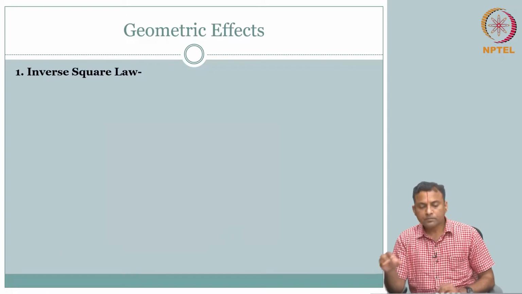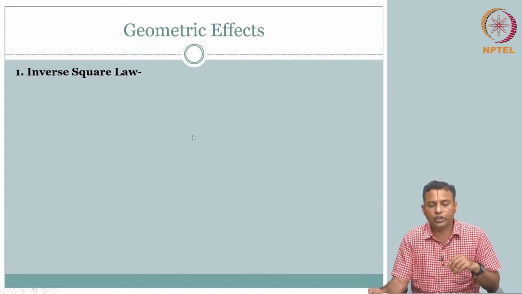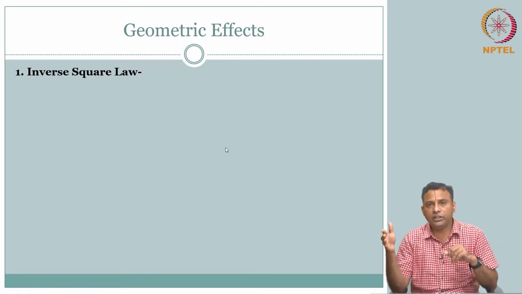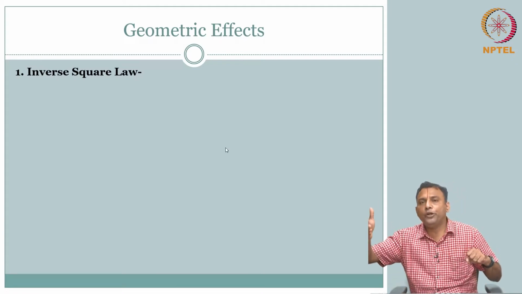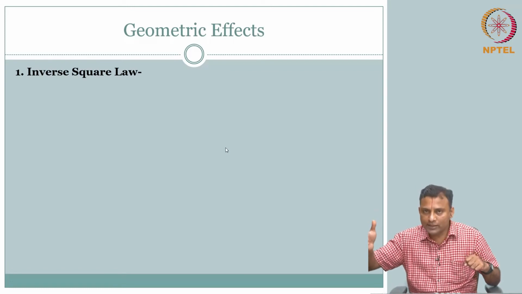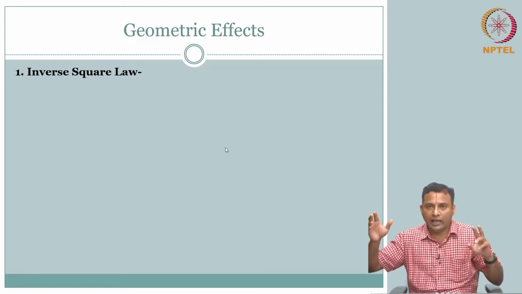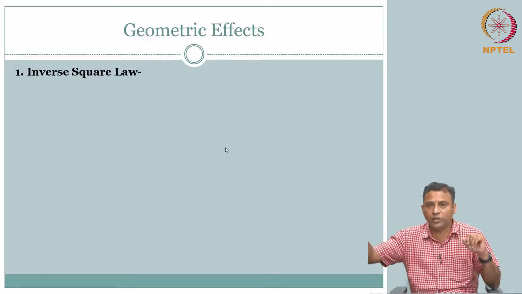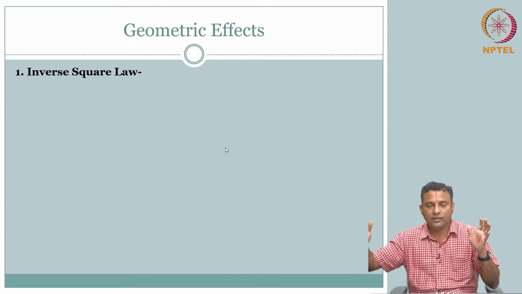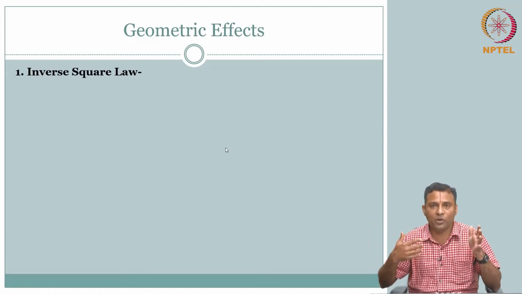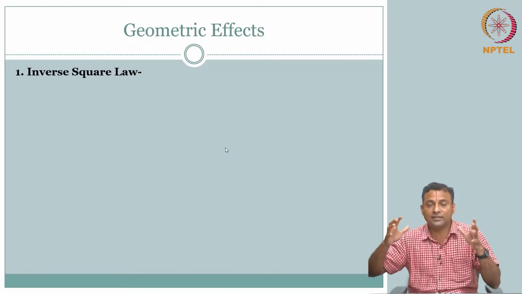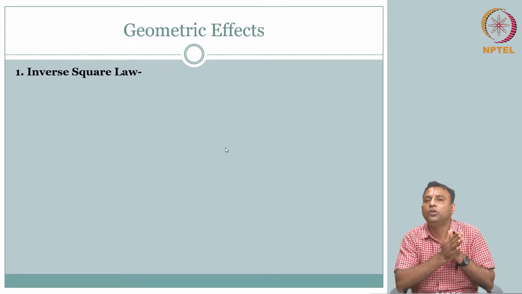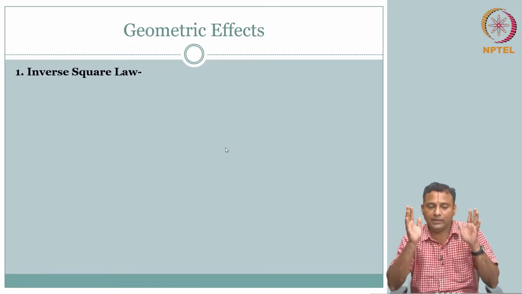Broadly we will start with what we call the geometric effect. What do we mean by geometric effect? This is all to do with what you are going to see. What you are going to see is supposed to be an accurate version of the unknown underlying body, right. What you are going to see is your g of x comma y. What is the underlying unknown is f of x comma y. Remember back to our big picture systems diagram. g of x comma y should be as close as possible to your f of x comma y, right? That is our thing.